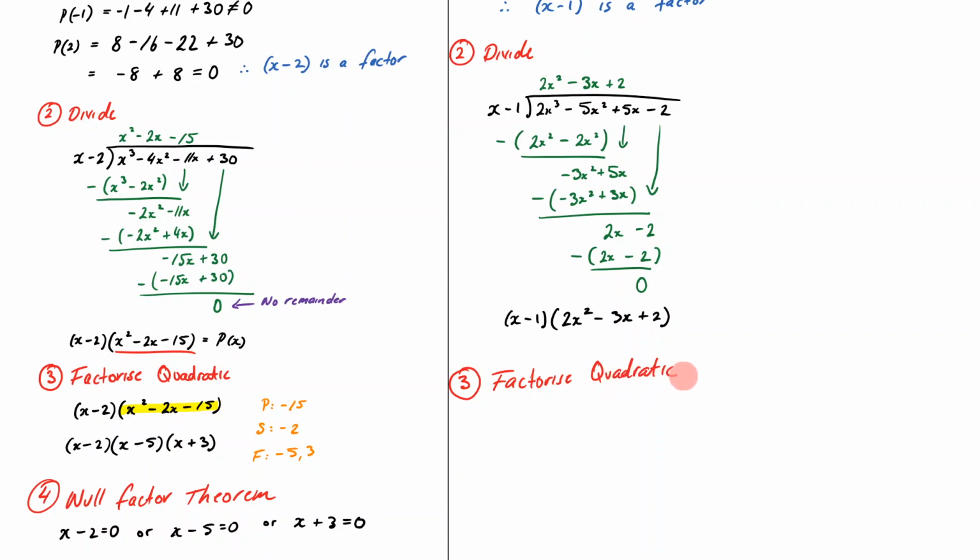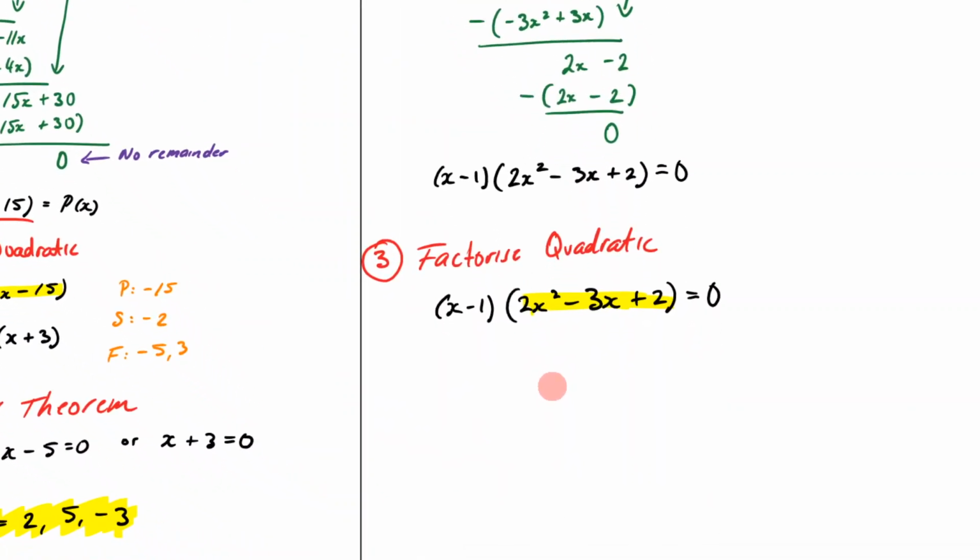So that means I'm going to take this right here, and I'm going to try to factorize that quadratic that you see. So I've got (x - 1)(2x² - 3x + 2). Remember, this is equal to 0 because we're solving it. And I'm going to try to solve this, or factorize it. So I'm trying to factorize this now. Okay,